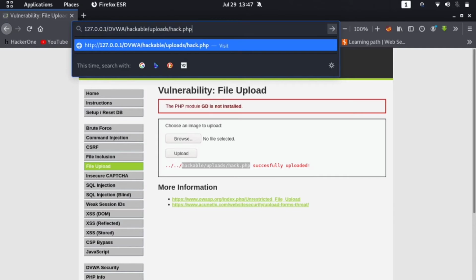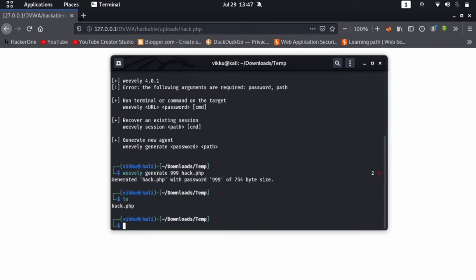Now if I click go, you can see that we are getting a plain screen. Nothing is loaded here. If we go to the source page, we are getting nothing here, on the main page and on the source page. Now it means that the file is executed, our shell is executed. Now we have to capture the session of the shell. So how can we capture the session of the shell? You can see how to do that.